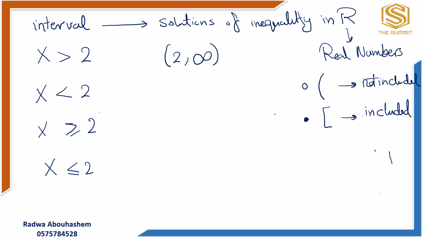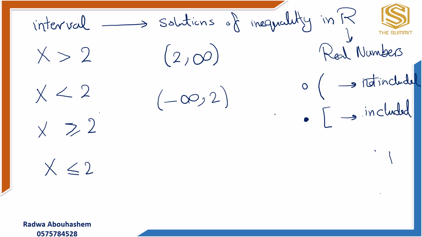Okay, x is smaller than 2, so I'm searching for all numbers which are smaller than 2. Maybe 1, 0, maybe half, maybe -1, maybe -1.5, maybe -3, anything I want till I reach the end of negative numbers, but I don't know the end. What is the end? It's negative infinity. And 2. And of course, any negative number is smaller than a positive number. So I have to start with negative infinity. Now, how do I put the brackets? Here it's open and also here it's open